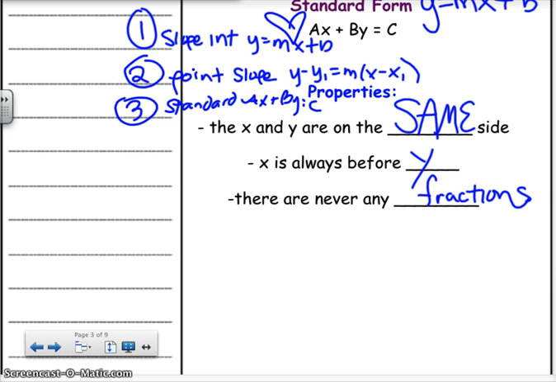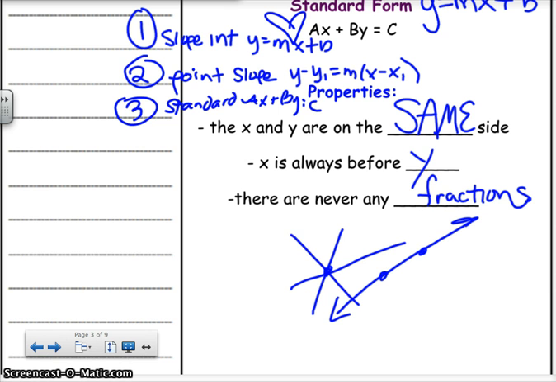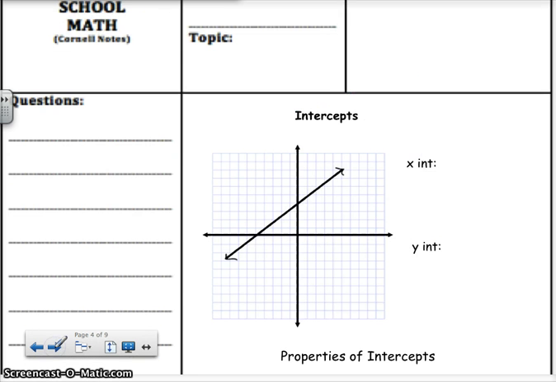Because the definition of a line is a collection of 2 or more points. So technically, to create a line, you only need 2 points because that tells you the direction the line is going to go. If I do just 1 point, there's no way I can create it, there's an infinite amount of lines that go through that 1 point. So that's why in order to identify the slope and the constant rate, you have to have 2 points, and that's all you need for a line. Okay,